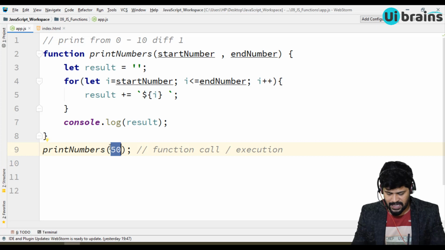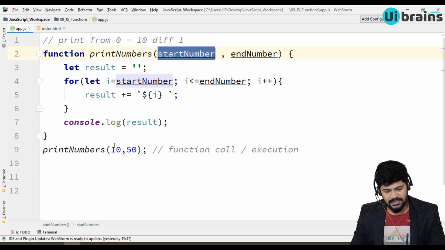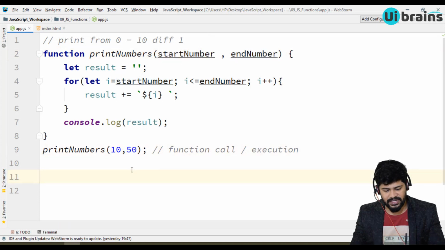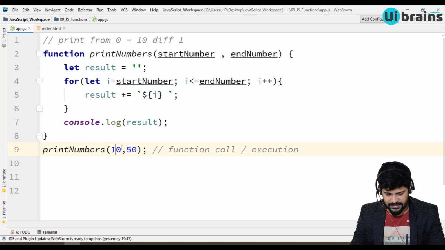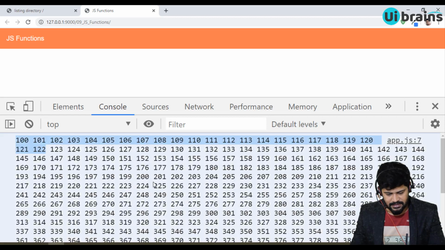I want to print the values from 10 comma 50. So the start number is going to be 10, the end number is going to be 50. When I save it, check. See, it starts from 10 and goes up to 50. Suppose you make it 100 and this is 500. What happens? It starts from 100 to 500. So this is all about function parameters.